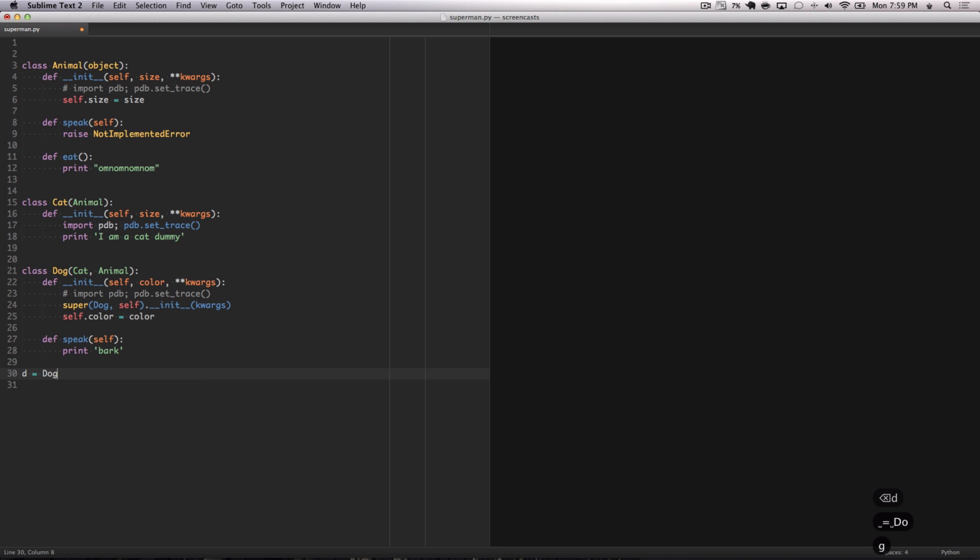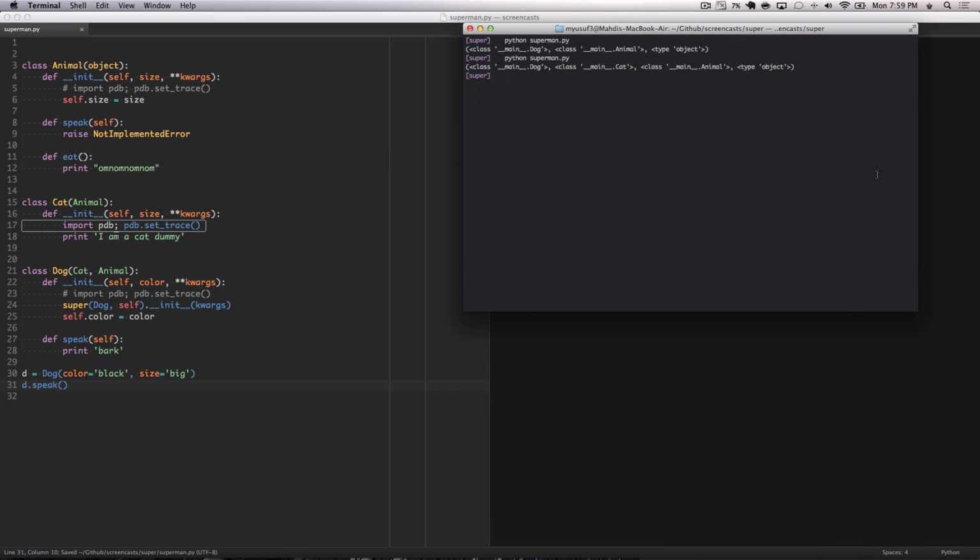d is equal to dog. Dog needs a color, so we're gonna go black dog. And it needs a size, so it's a big black dog. Go for some alliteration here, and then we're gonna go dog.speak. But that necessarily won't run because we're gonna get caught by the pdb statement inside the cat. So we're gonna run that now real fast, and as you can see, bam, it got caught in the init